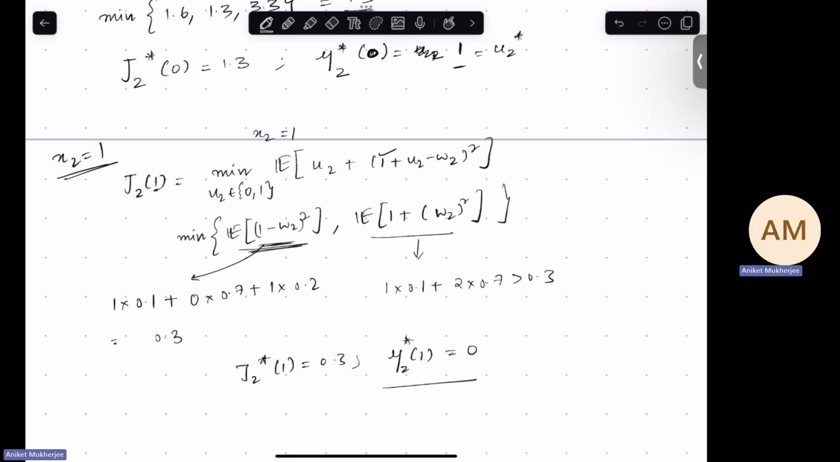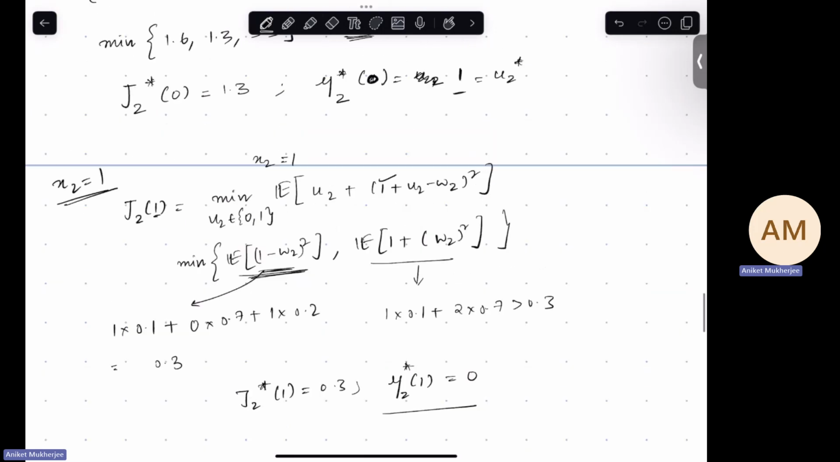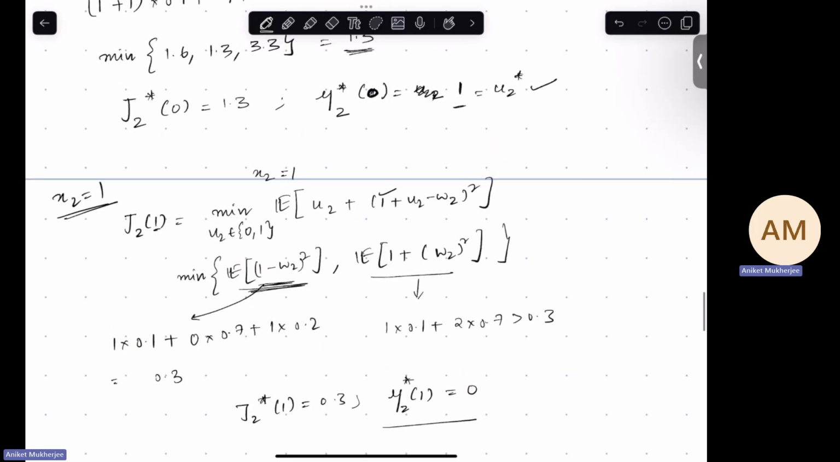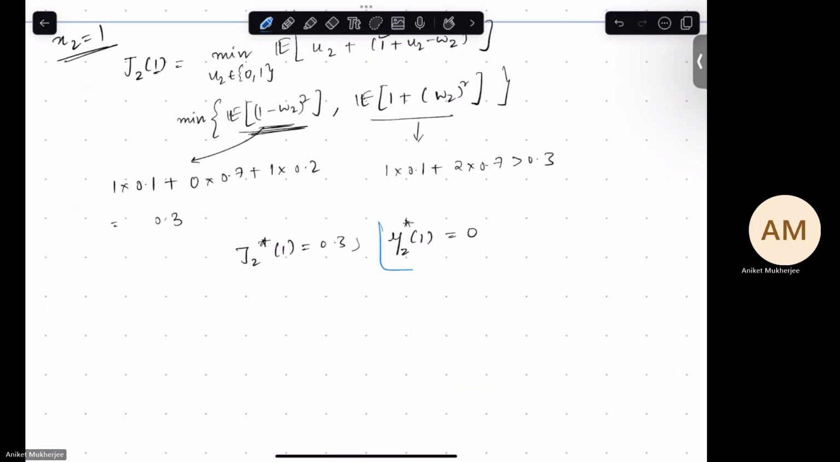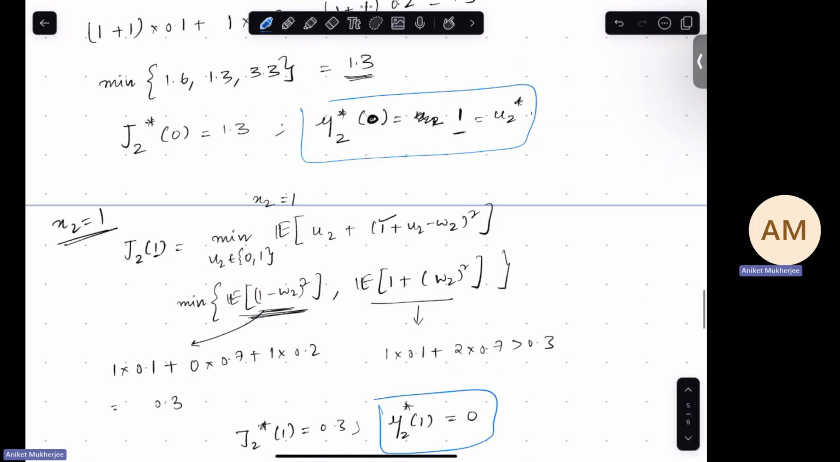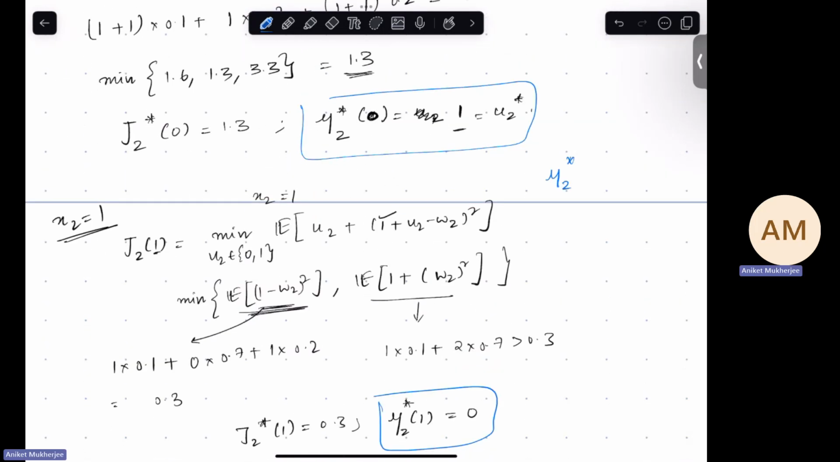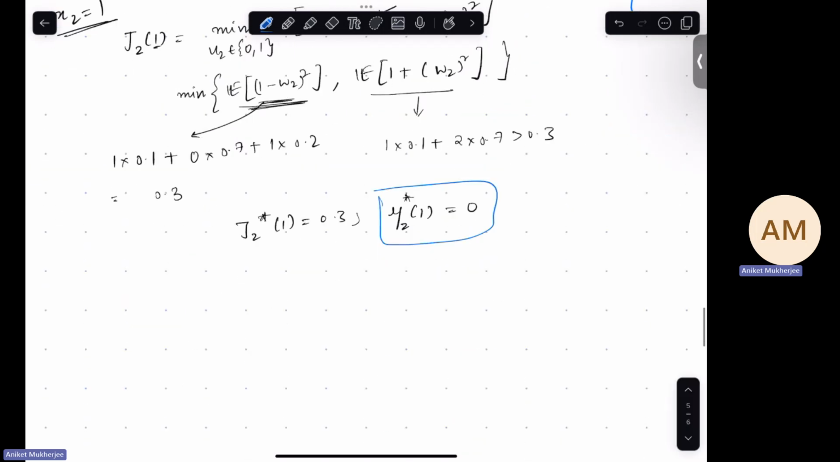You get it when you apply 0 as your uk. So now you see you're describing these optimal policies for each state. So your optimal policy is, we have seen that mu2 star of xk, you are defining it with this function: you get it as 1 if x2 equal to 0, 0 if x2 equal to 1, and similarly